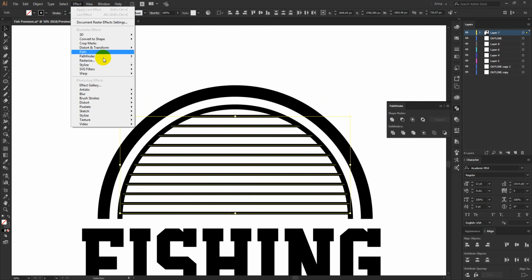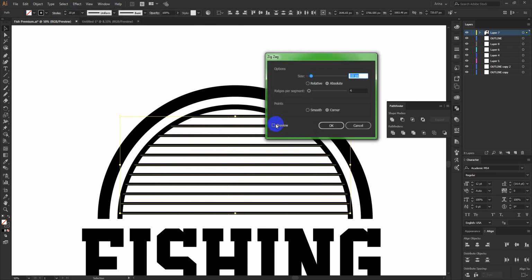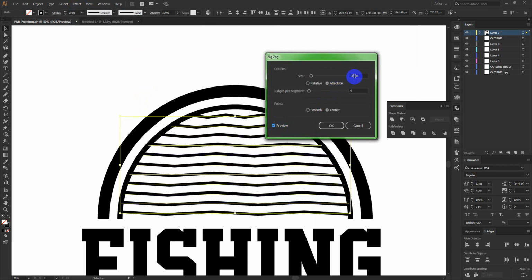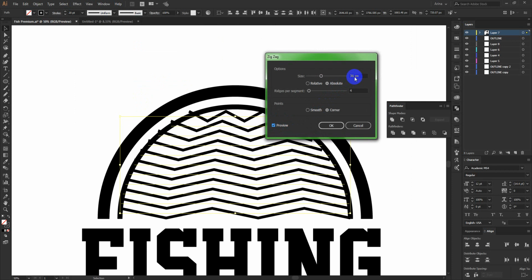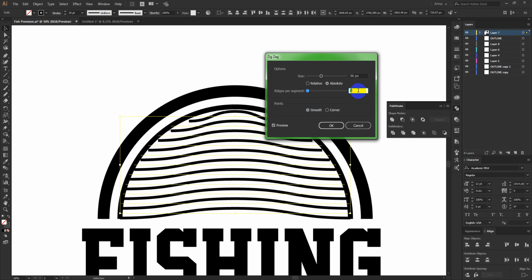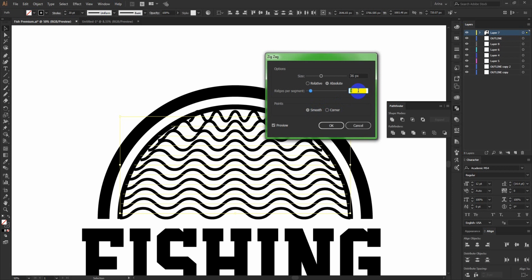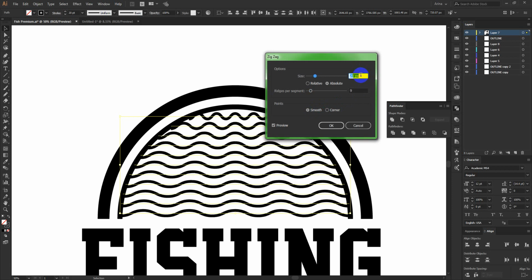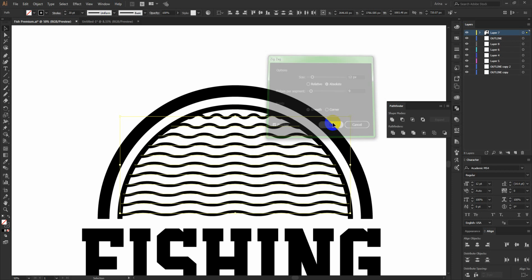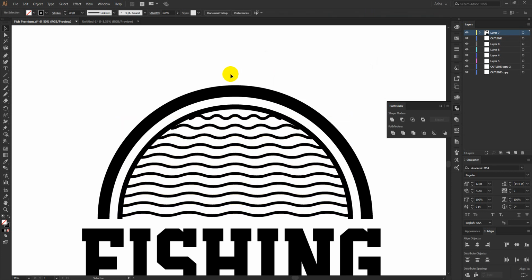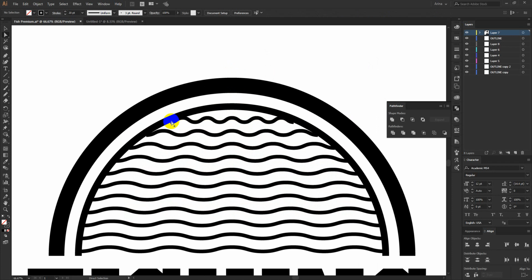I'm using some effect here to make those kind of wave-like shapes, not that one. Smooth, I need some smooth lines. Yeah, but I need to make them a bit something like this. This will work for me. Okay, now I need to check if there are any missing parts, like this one here is visible, so I just want to fix that.